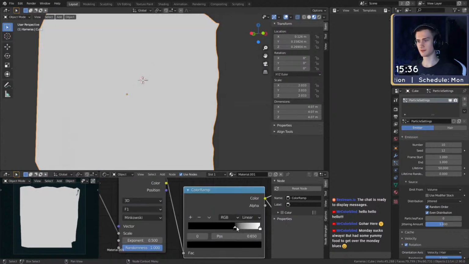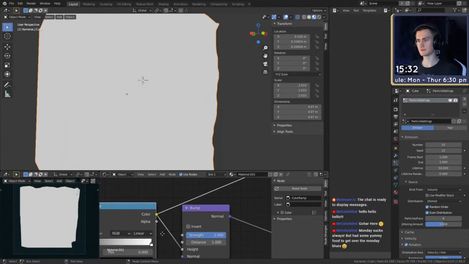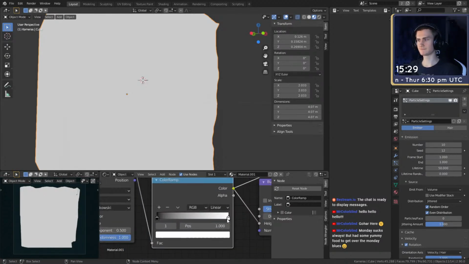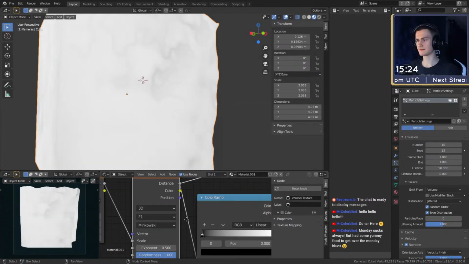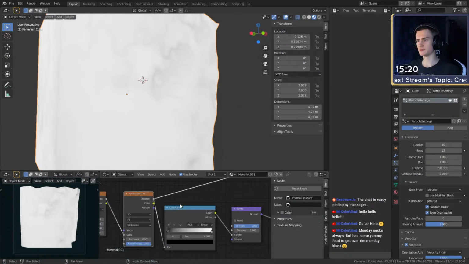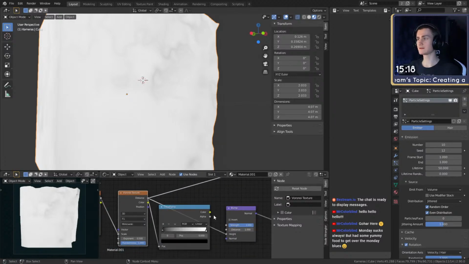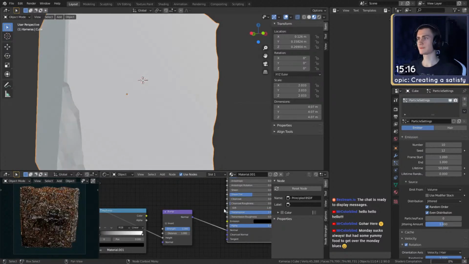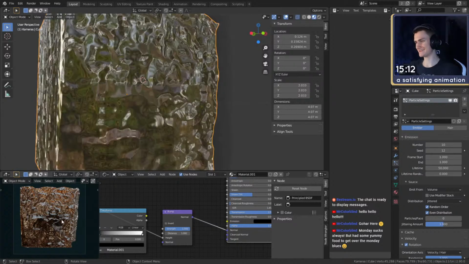Oh, wait. Okay, I guess I removed the dark parts. That doesn't really make sense. What if I just plug this into the height? Oh, okay, now we can see it in there.